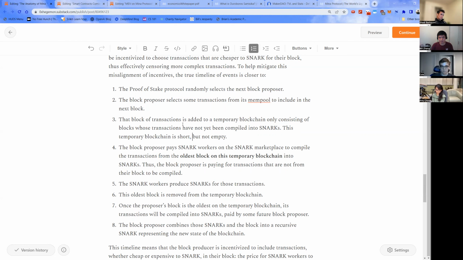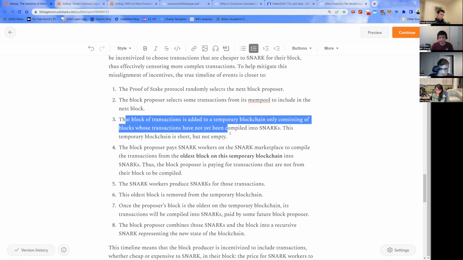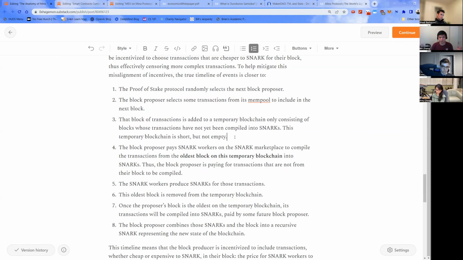And what I mean by that is there will always be a queue of transactions that end up on this temporary blockchain that haven't gotten a chance to get snarked yet. There is a delay between when a block proposer chooses the transactions and when the transactions get compiled into snarks. And this delay is intentional. What is causing the delay? The delay is that